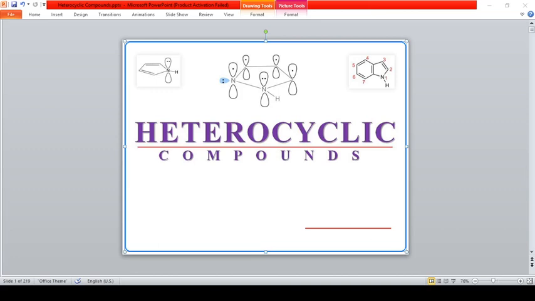Now comes the term heterocyclic compounds. This term has hetero plus cyclic. Hetero is a term used for different kinds of things present in a system, like heterogeneous solution, homogeneous solution, heterogeneous solution. Those solutions you understand. Similarly, heterocyclic compounds will have at least two different kinds of things in them. So the definition can be: